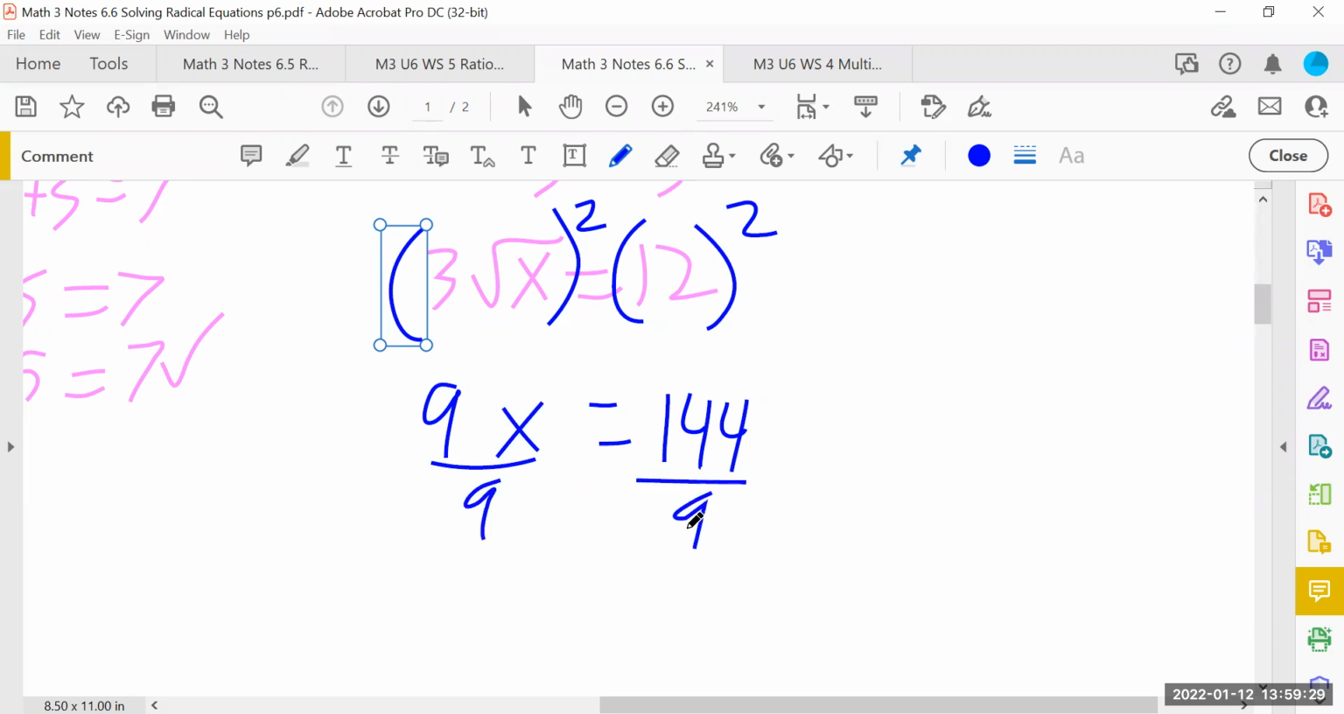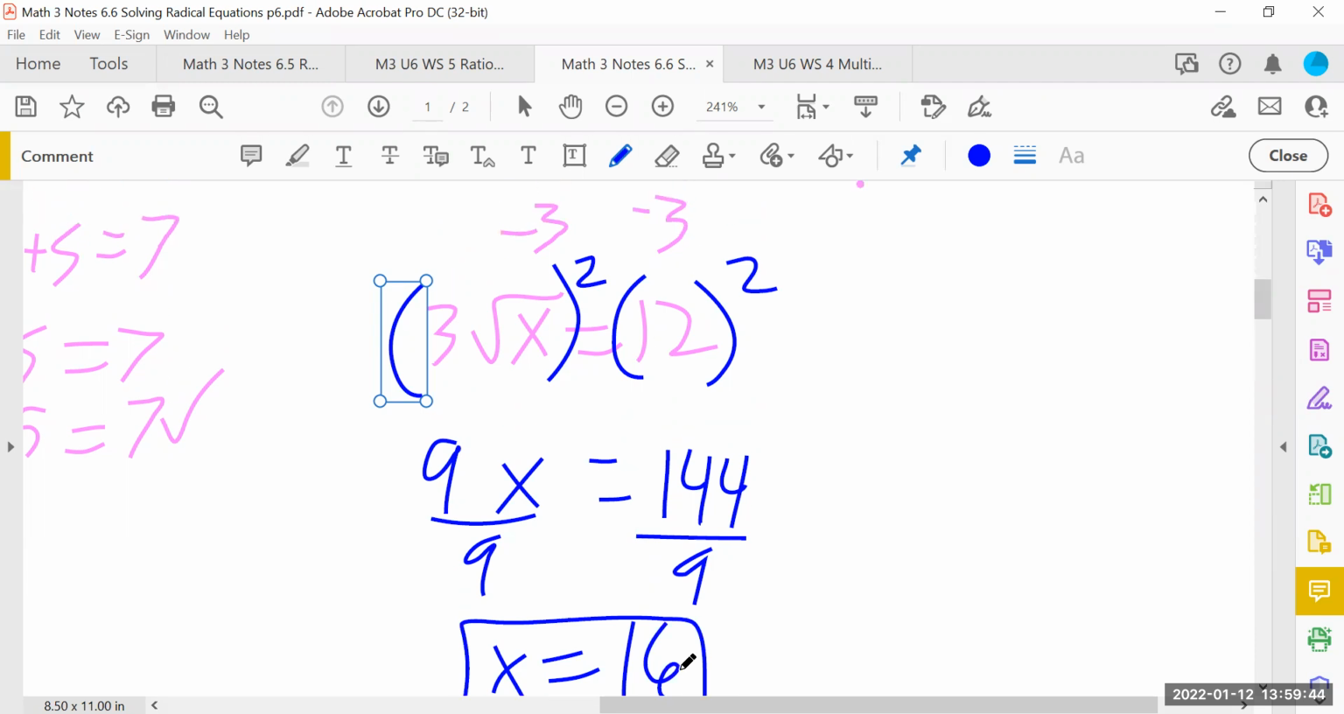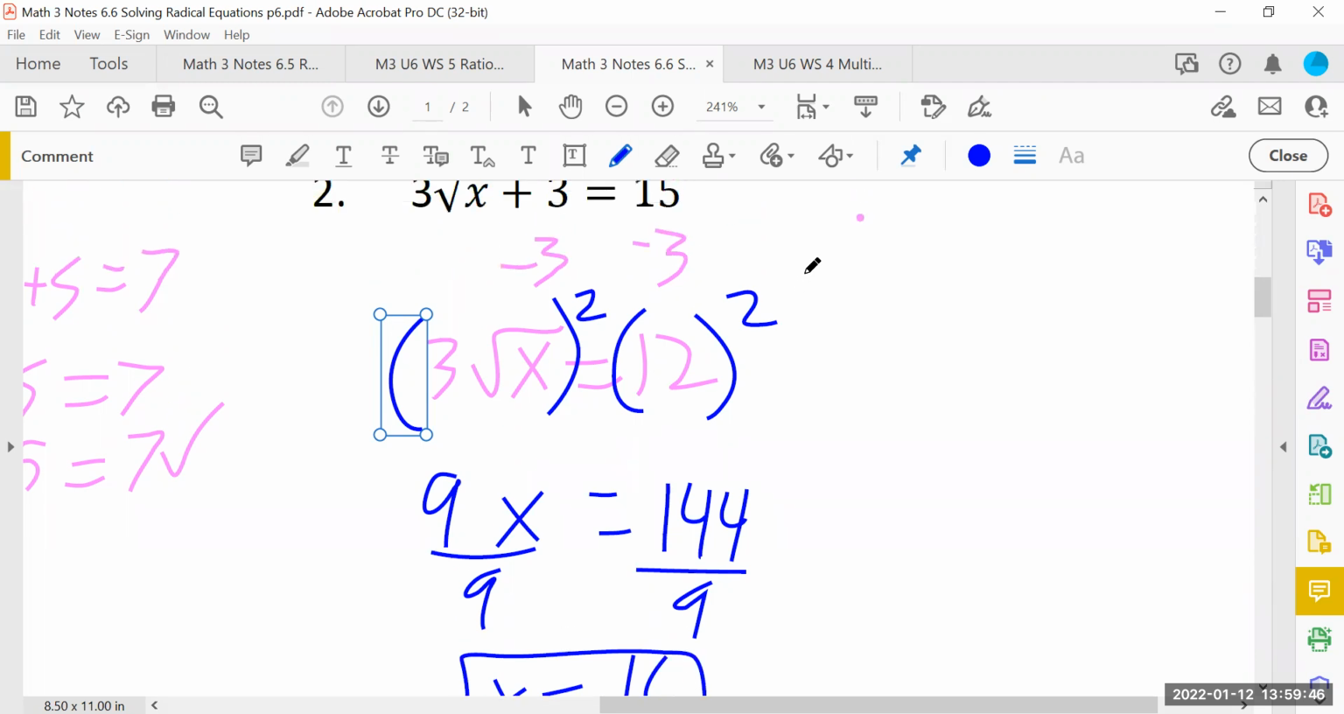Grab a calculator, everybody. Try that. It works out really nicely. 16 is correct. That's not the way I would normally do that one, but it would work as long as you remember that the 3 got squared. The way I would normally do this one